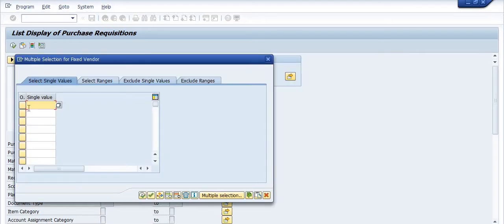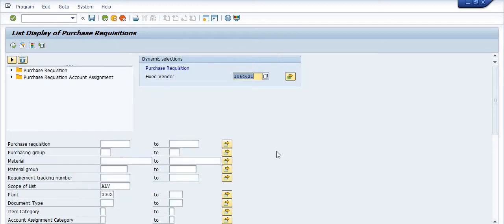We have two vendors. I want to get the list with respect to vendor 1064621, and the other vendor is 1062444.